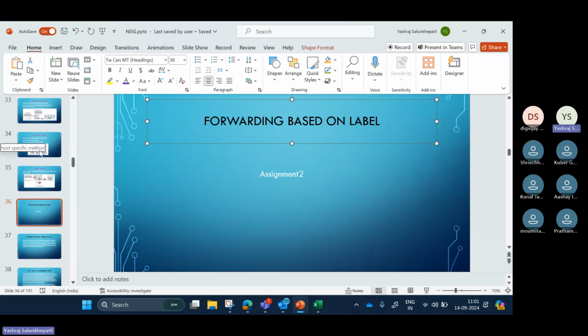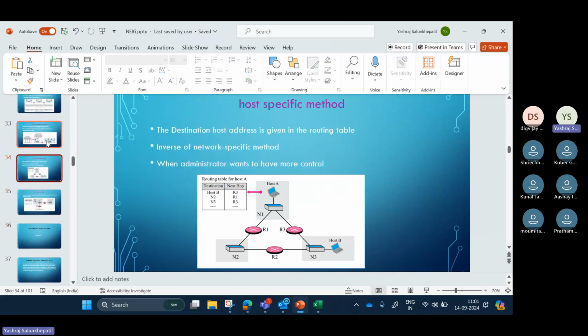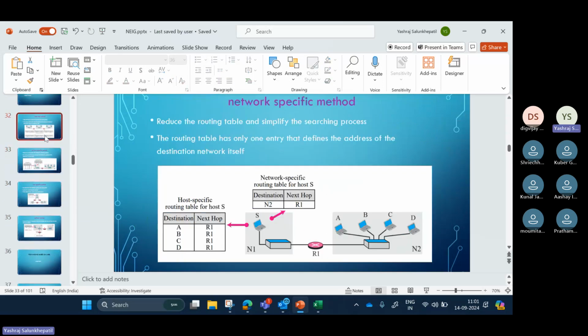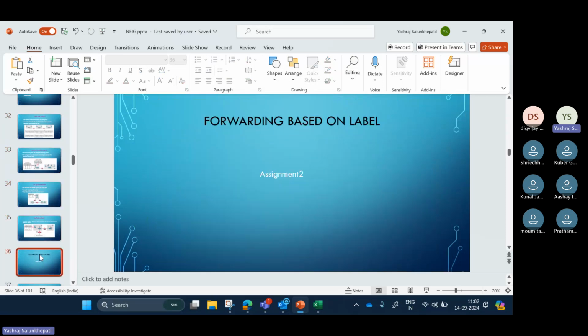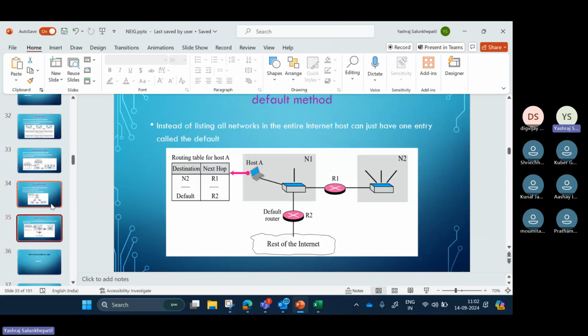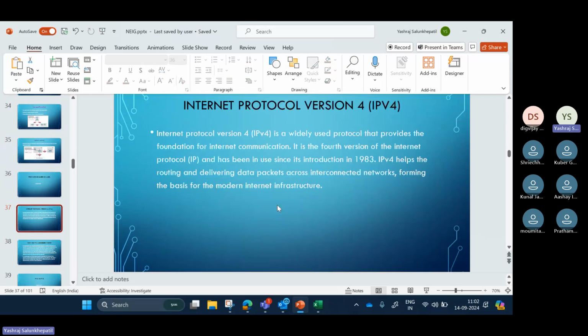I'm just giving you an example that on an average 5 should be there. And diagrams and pictures should be there. So you could put a diagram on one slide and write the content on another. So that's your assignment for next week.